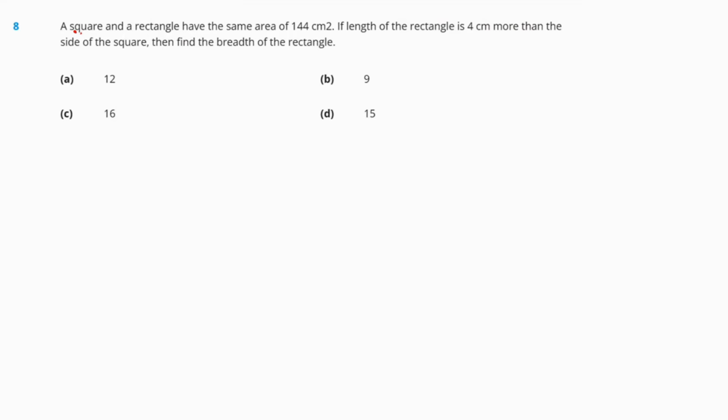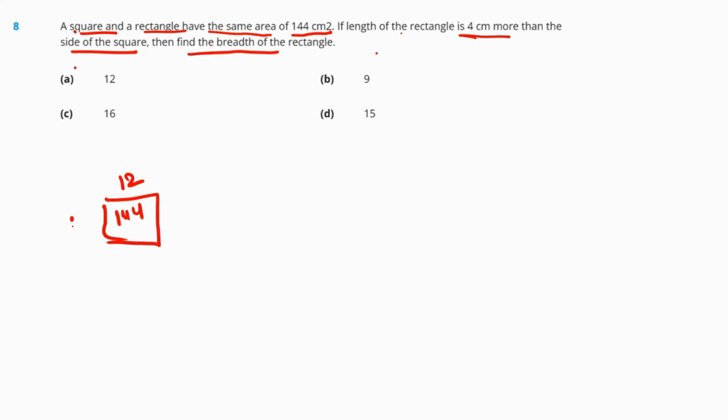Next question: a square and a rectangle have the same area of 144 centimeter squared. The length of the rectangle is 4 centimeters more than the side of the square. What is the breadth? If a square has an area of 144, each side is 12, because 12 into 12 is 144. So if the side of the square is 12 centimeters, according to the question, the rectangle